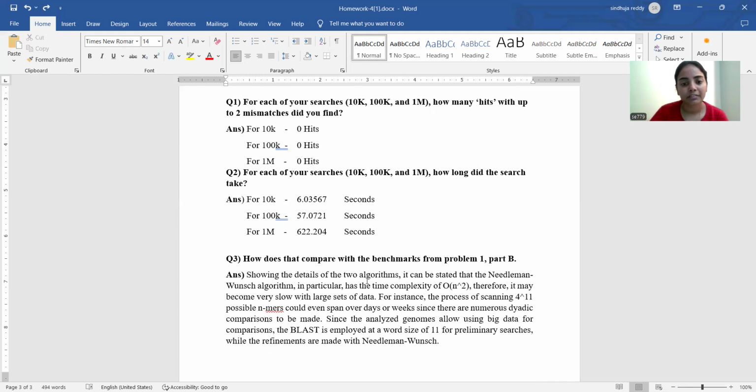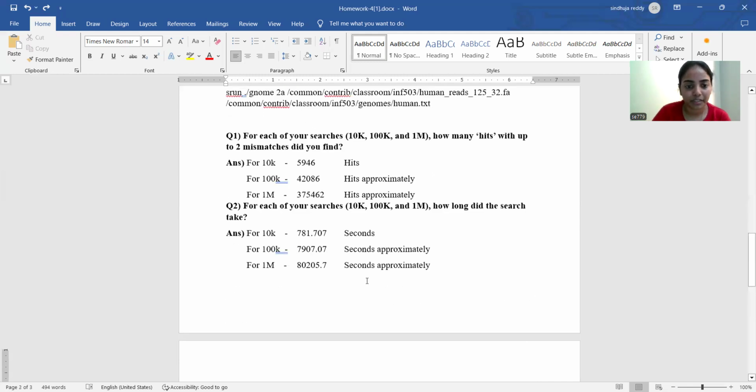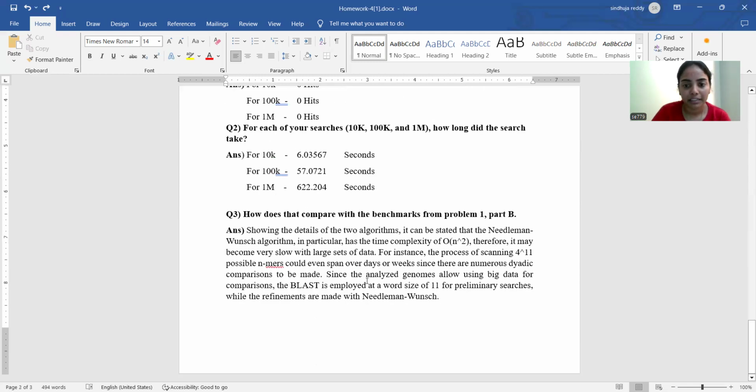In problem B it scans 4 power 11 possibilities, so it takes weeks since there are many dynamic comparisons. But Blast's algorithm primarily searches on the size of 11. So it is better than that one.